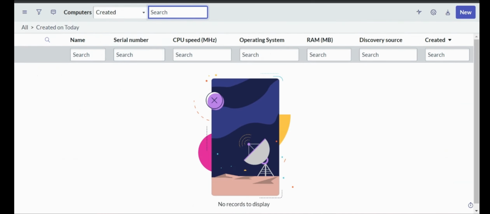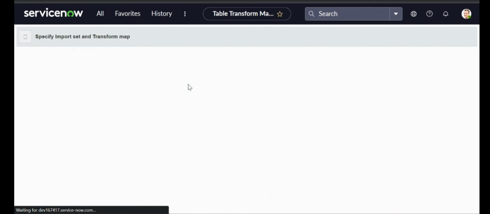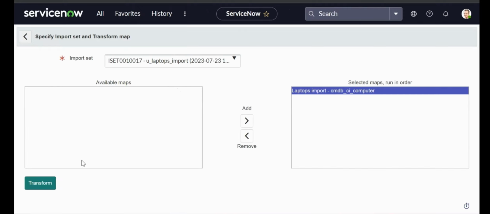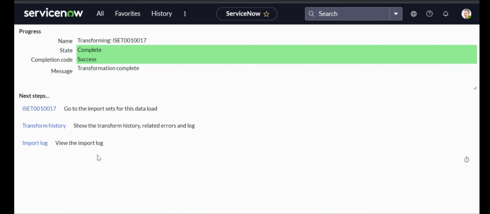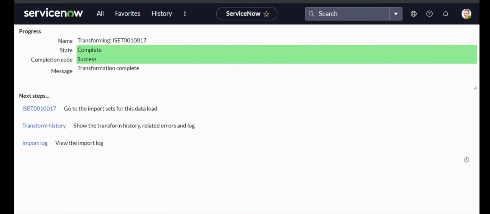Okay, create on today, we don't have anything, and let me transform it. Transform. Okay, so now the transformation is complete. If I refresh this page, we don't have anything here because we have ignored the row transform. So let me just go back,